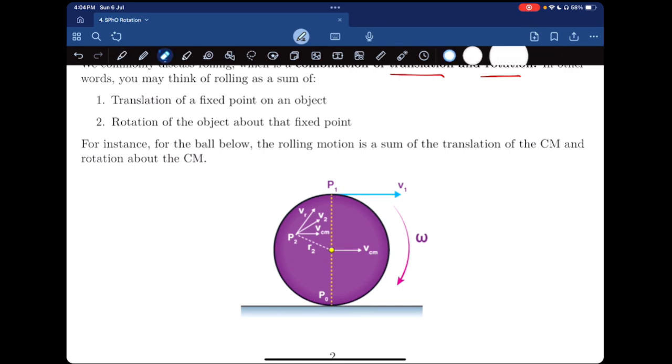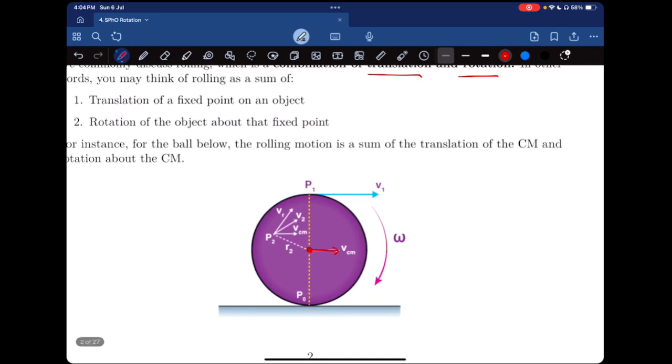So it's moving forward on the table. And you can see here that its center of mass has some speed of VCM. And the whole ball itself is also rotating about the center. So you can see that the center is translating